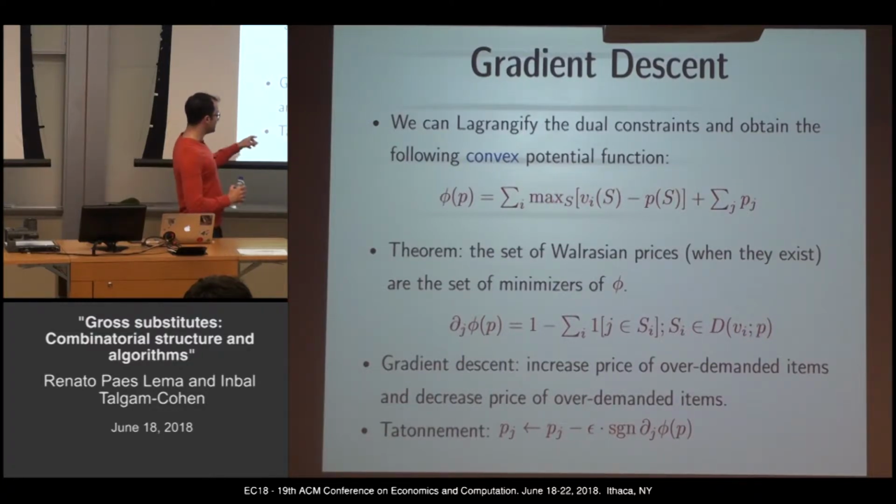And the nice thing is that tatonnement is a form of gradient descent. It's a funny way of doing gradient descent, but in some sense it's just saying: figure out the sign of the gradient and move the prices epsilon in the direction of the sign of the subgradient. So the analysis that I just described of tatonnement is the Kelso-Crawford analysis, but if you could come up with a modern analysis, you could come up with a potential function and just use the analysis of gradient descent to analyze tatonnement.